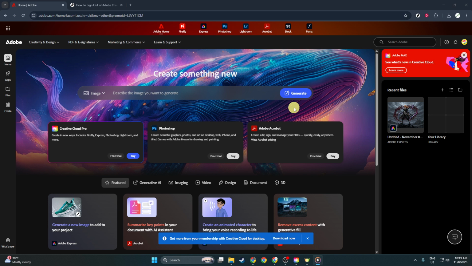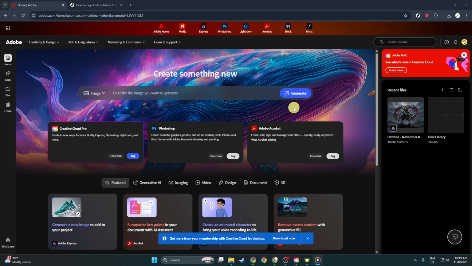First, you'll want to open up the Adobe Creative Cloud homepage. This will be your starting point for the sign out process. If you're currently logged into your account on your web browser, it should automatically take you to the home page when you navigate to Adobe's website. If not, you might need to log in or navigate to the home page manually. This is the hub of all things Adobe, where you can manage your subscriptions, download apps, and of course sign